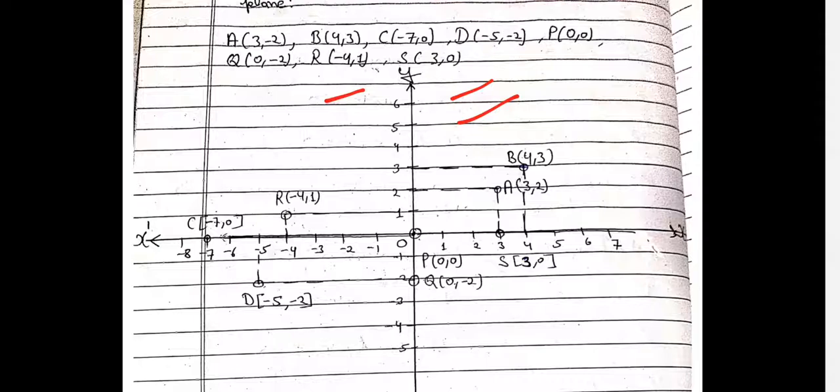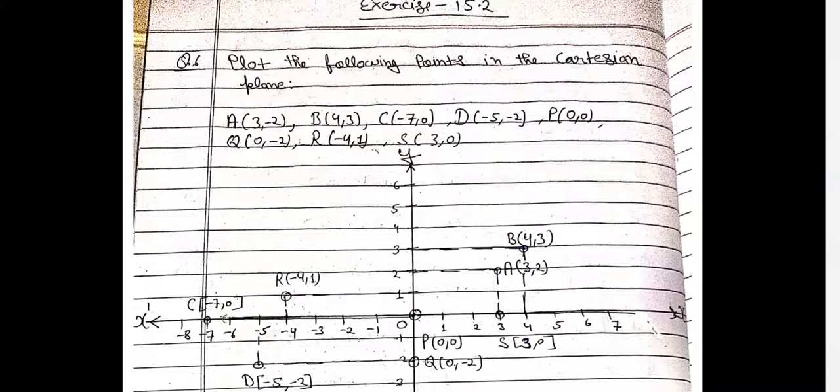Just draw these two lines, horizontal and vertical. On the x axis just plot the points 1, 2, 3, 4 like that, and then find the value. First value you have to find on the x axis, and the second value on the y axis. And by mistake, I think you have to correct this one. It is not 3 comma minus 2, you have to write 3 comma 2.